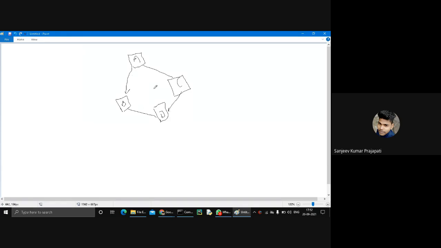So B and C have the same parent, and class A is the parent class. They have two children, B and C, and again the same thing, D. The parents of D class are B and C. So there is a child class of A and also the parent of D.